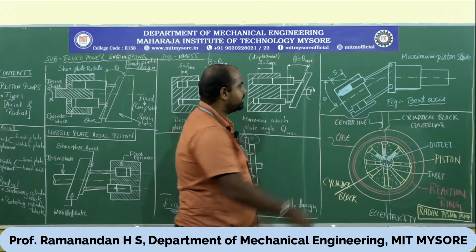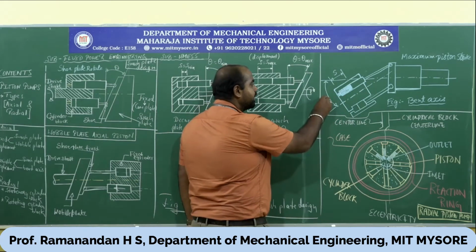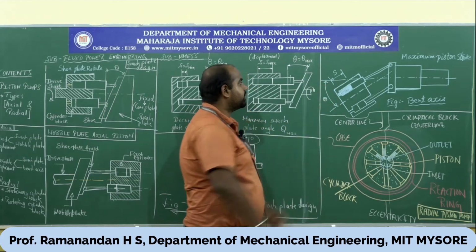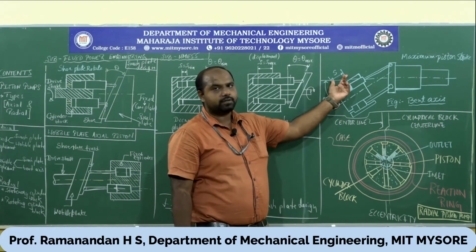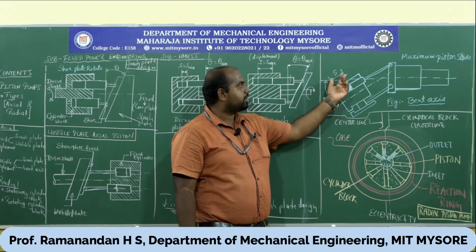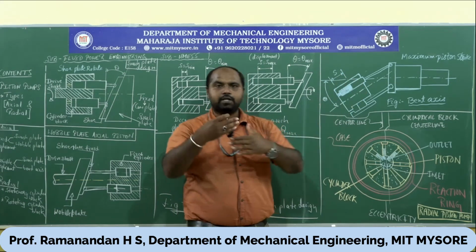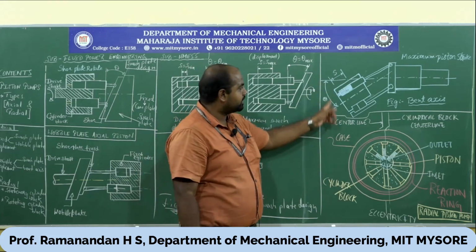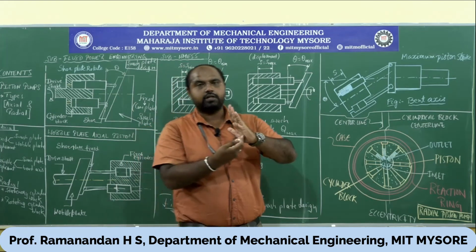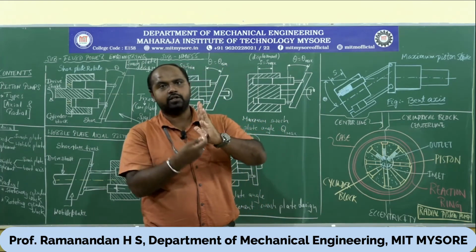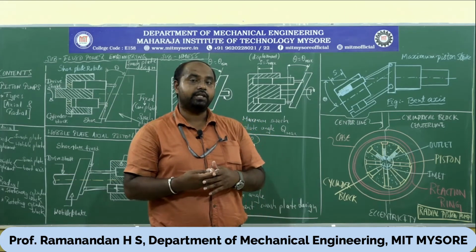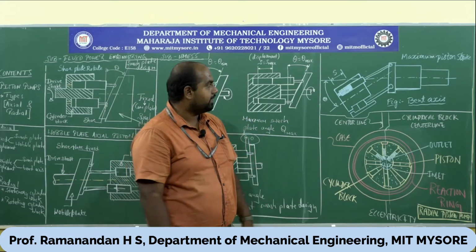You can see here the axis differs by an angle theta. This is what is shown here. So this theta gives a reflection on the displacement S of the pump. The influence of theta is more on the displacement of the pump. Obviously, displacement can be varied by varying this theta. The amount of angle permitted to the cylinder decides what the discharge of the pump will ultimately be from the bent axis design type of the pump.